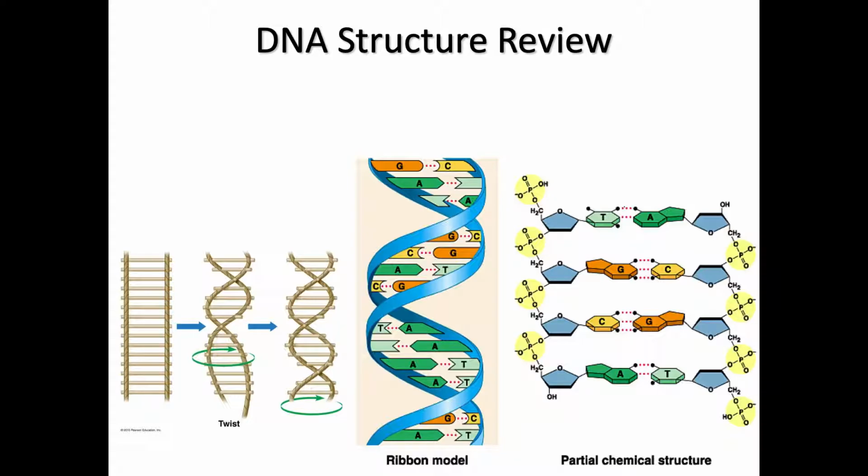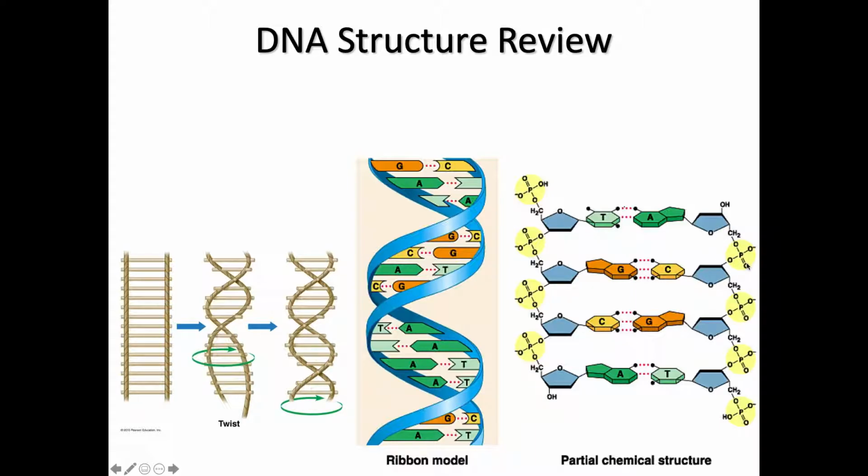Let's review the DNA structure. So we know in the beginning of the semester, we talked about how there are two DNA strands in one molecule. These two strands coil together and form what's called the double helix. If you uncoil this double helix, it will appear like a ladder. The sides of the ladder are your sugar phosphate